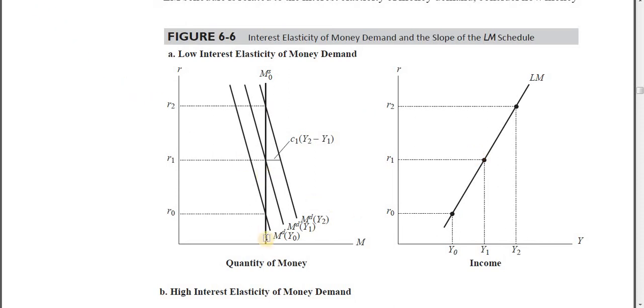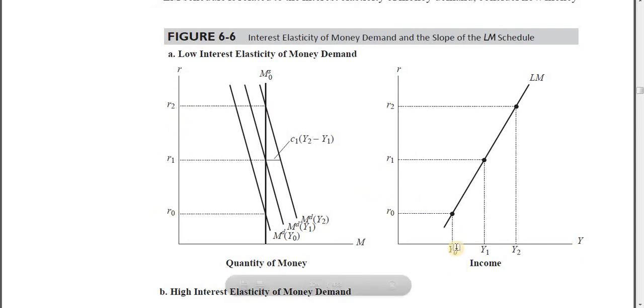Now look at this diagram. So when income has changed from Y0 to Y1, this is how we plot it onto the diagram towards the right side of here. So Y0 to Y1. Rate of interest has changed from R0 to R1, and that's how we got this very point, this point and this point. But let's assume that instead of rate of interest changing from R0 to R1, it goes further up, maybe directly from R0 to R2.